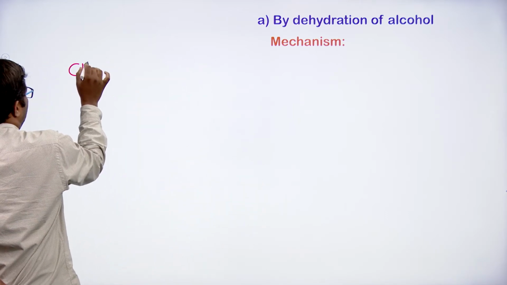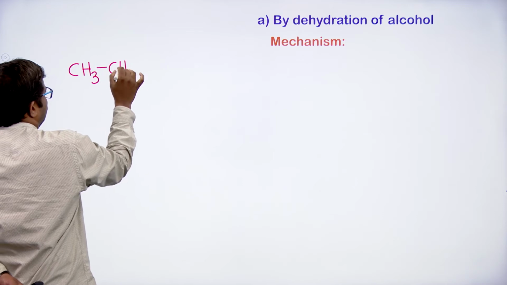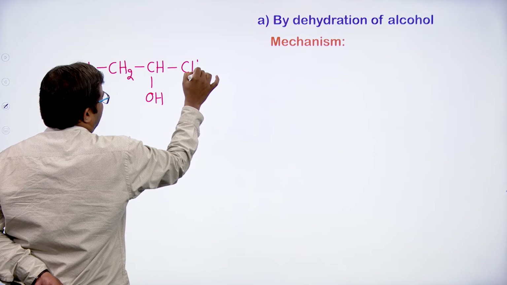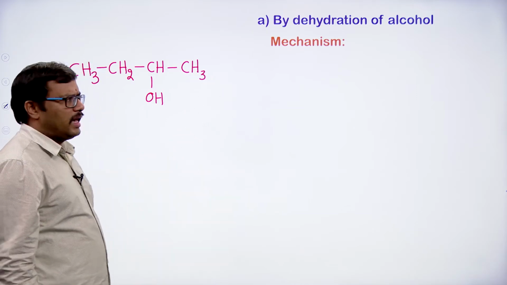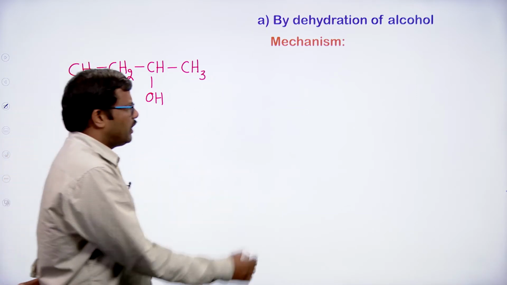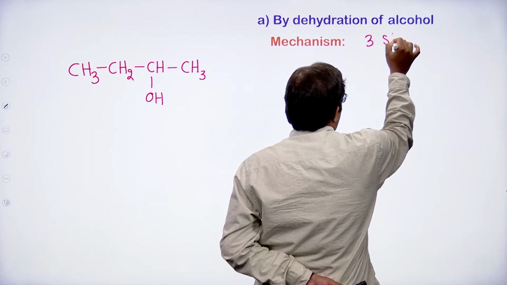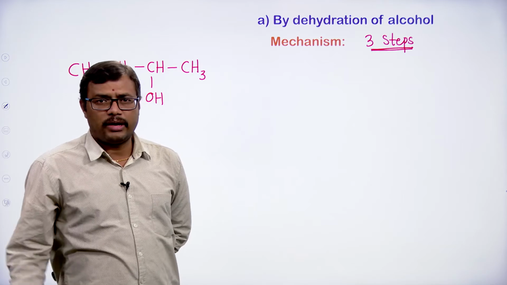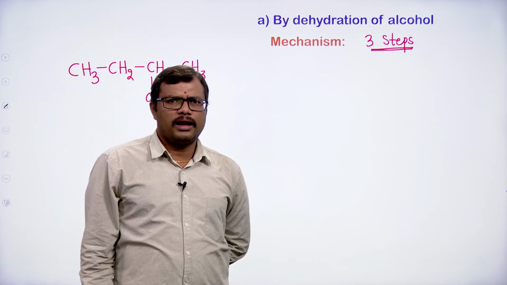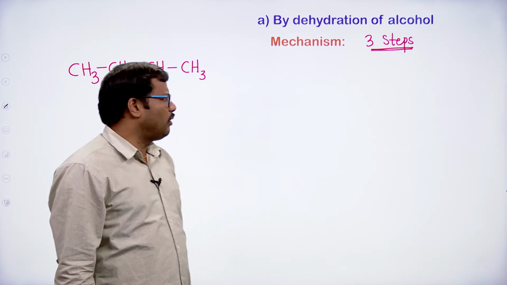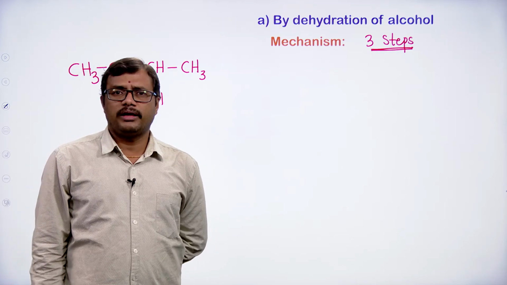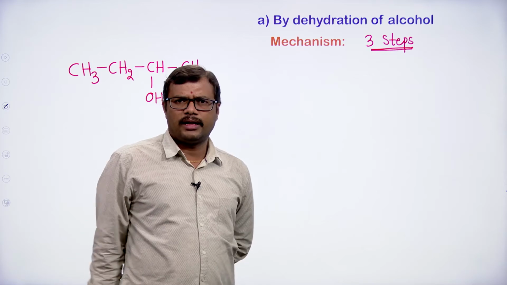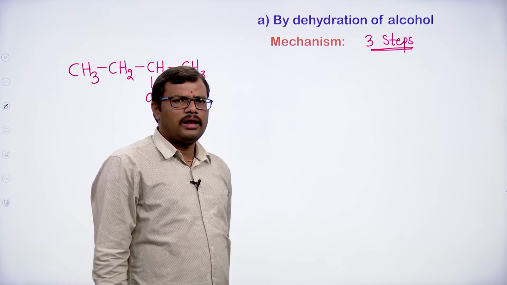Here we are using the secondary alcohol. This is the alcohol that is employed in the reaction. When you observe the mechanism, it takes place in 3 steps. First, the protonation of the alcohol takes place, thereby we get the corresponding protonated alcohol. The protonated alcohol further loses the water molecule and gives us the corresponding carbocation, which undergoes elimination from the adjacent carbon atom, the hydrogen is lost and we get the alkene as a product.